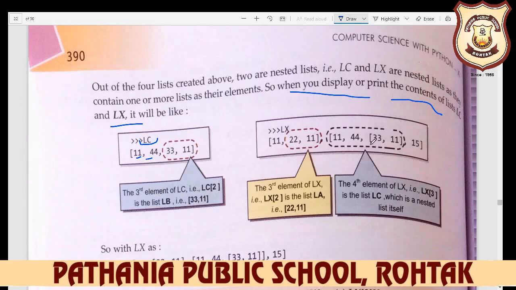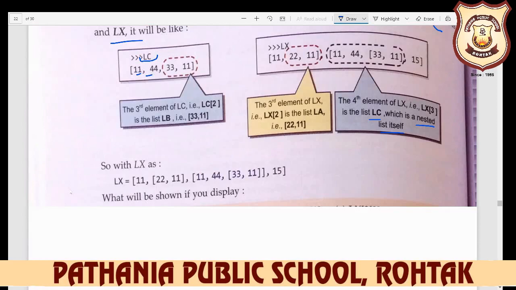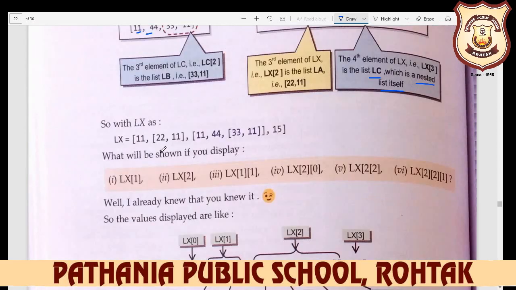So 1, 2, 3 and 4 arguments are there. The fourth element of LX, that is LX3, is the list LC, which is a nested list itself. So with LX, 11, 22 and 11 is one item, 11, 14, 31 is another argument, and this is another argument.